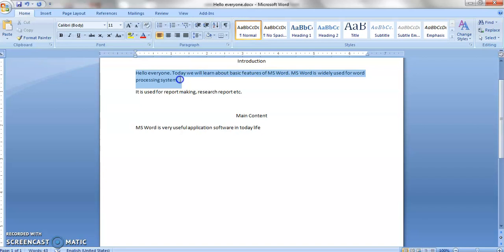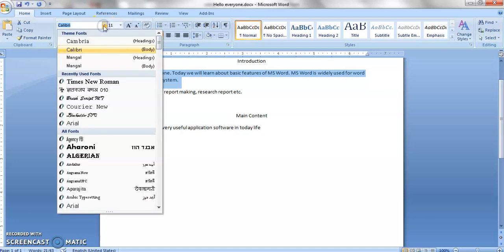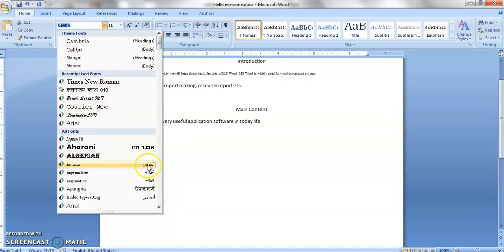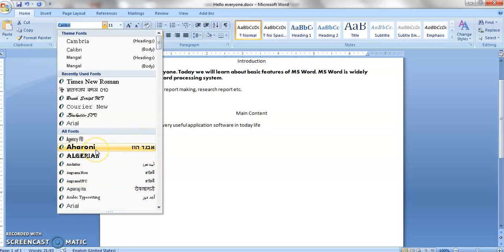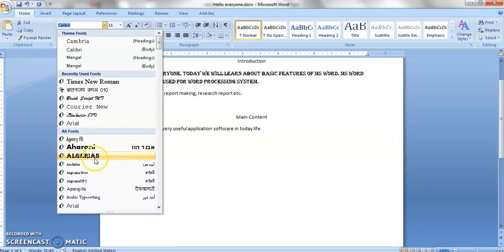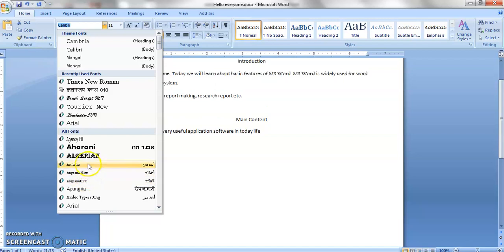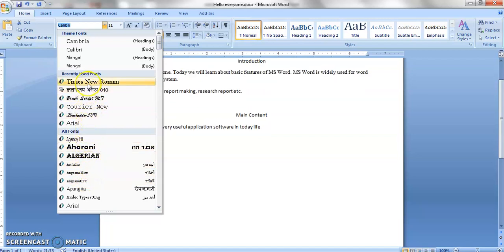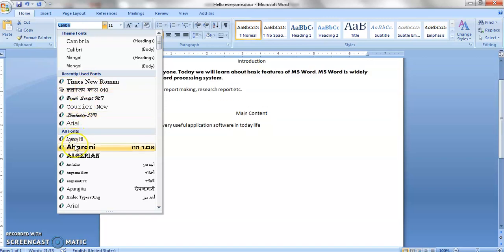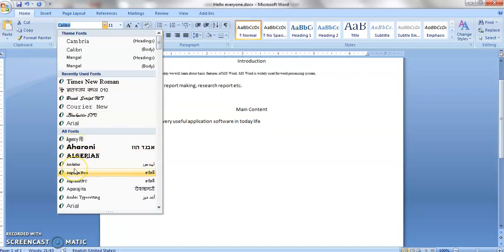I have selected the particular text, and here in the Home tab there is a group of font. I will see a drop down list where various kinds of fonts are available. You can see only those words whose font I selected are changing. See, the remaining text is the same. Suppose I use Times New Roman, it changes to Times New Roman; Arial, so Arial. So there are various kinds of font styles you can change. But first for that you have to select the particular text.